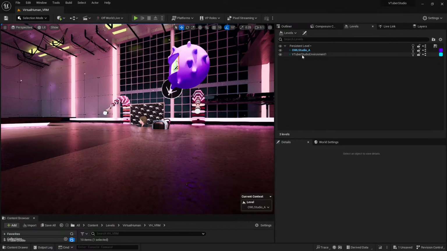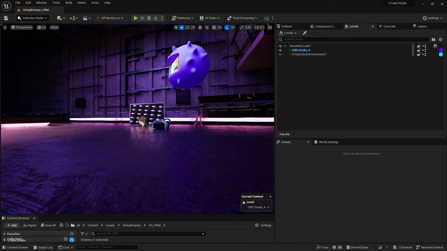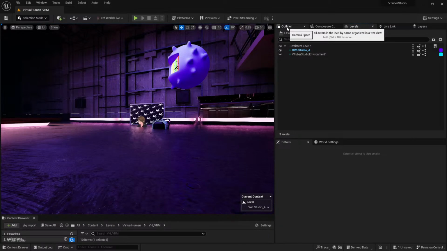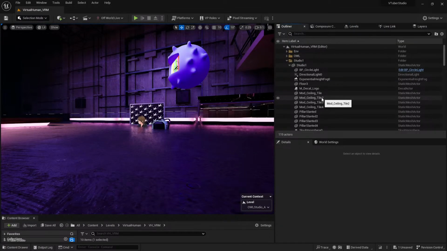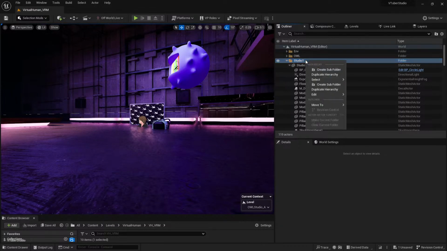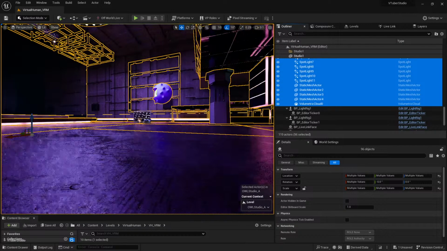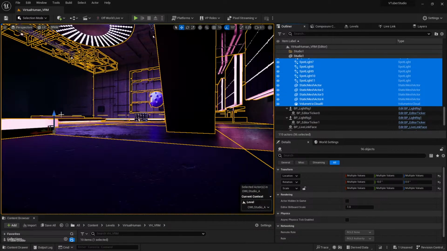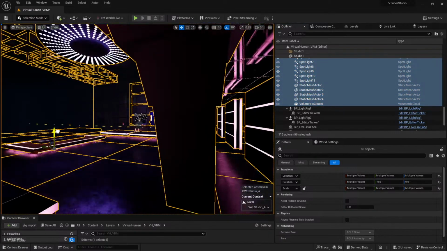Now I can hide the VTuber Studio environment so that the only external environment I have is the OWL Studio A. And back to the outliner, you'll see that I have both the core capabilities in my outliner, but I also have Jasper Studio in my project. And now what I need to do is make sure that I'm selecting Studio 1, and I will go into Select All Descendants to make sure I'm clicking on just the environment meshes,